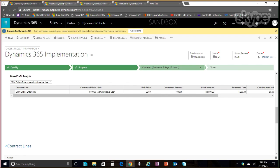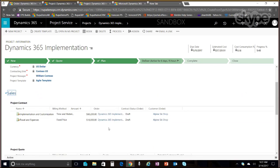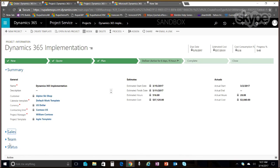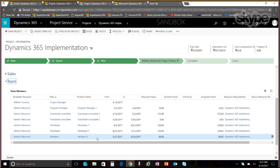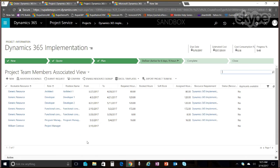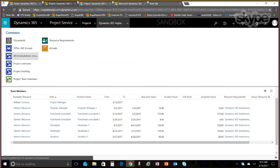And on the project, this is our project that ties back to one of those lines in the contract. On the project, we have access to which contract it ties to in the sales tab so that you can get the sales related information. This is our team or team members on the project, and I also have the project WBS. So if I navigate to the project and open up the project WBS,